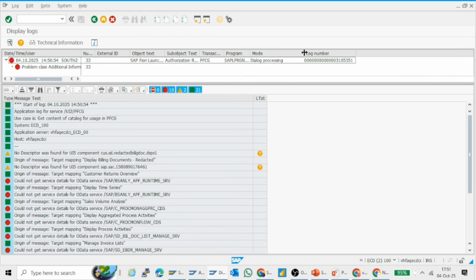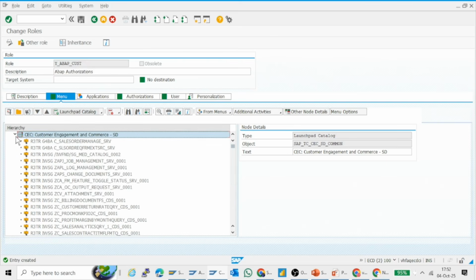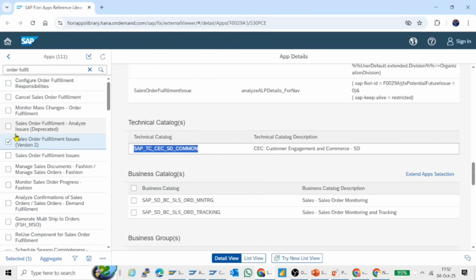Let's ignore it and move backward. So then we activate it and we can use this technical catalog very easily. Here it is. Now, as you can see, the CEC Customer Engagement is added to this role. Now we again have to add the remaining two business catalogs